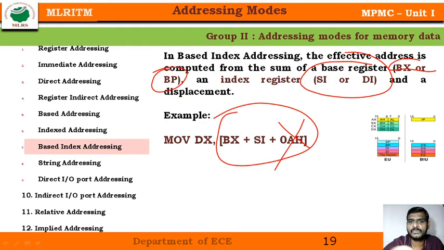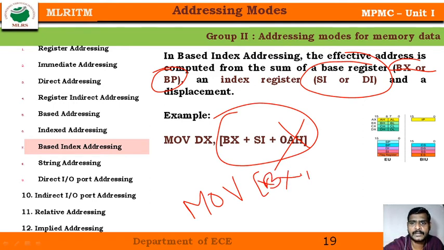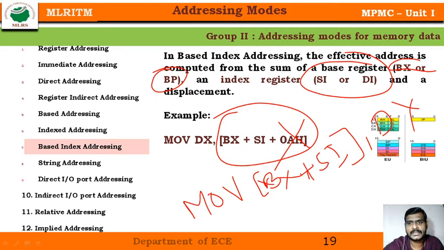In this particular example, I am defining it as a source operand. Otherwise I can use it as a destination operand also, like move square bracket SI comma DX. Why the square bracket? The square bracket indicates the specific address location. Without the square brackets, it mentions registers. So this will move the content of the DX register into the corresponding memory address which is calculated.